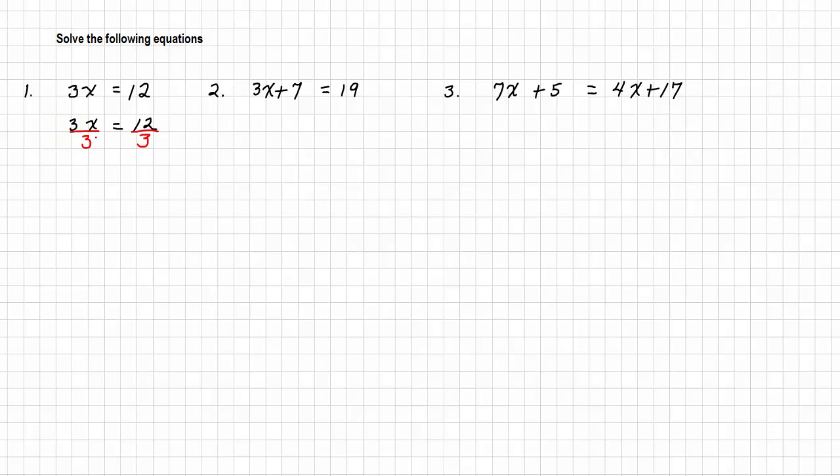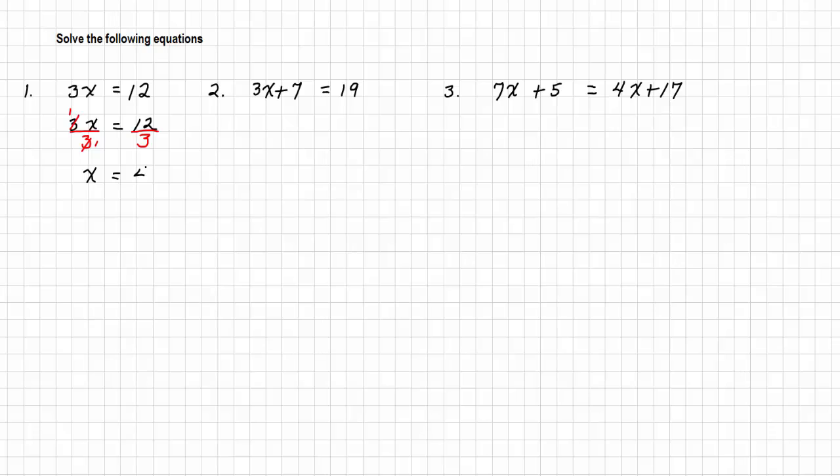Whenever you're solving equations, remember what I like to refer to as the golden rule of solving equations. Whatever you do to one side of the equation, you must do to the other side of the equation in order to keep the equation balanced or true. So now that we have 3x divided by 3 equals 12 divided by 3, we can divide the two 3's, the one in front of the x and the one below it, the numerator and denominator. Each of them becomes 1, so we end up with 1x over 1, or x, equals 12 divided by 3,